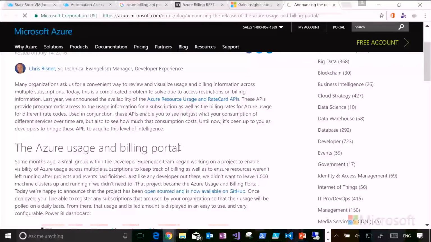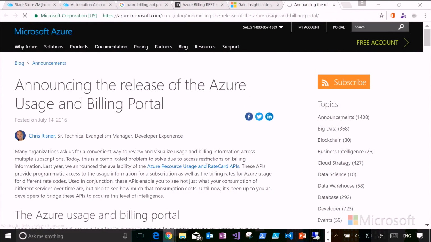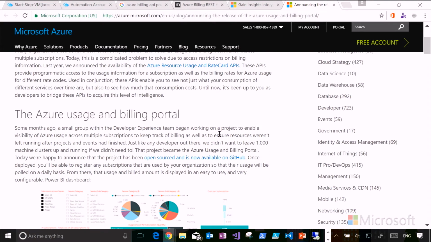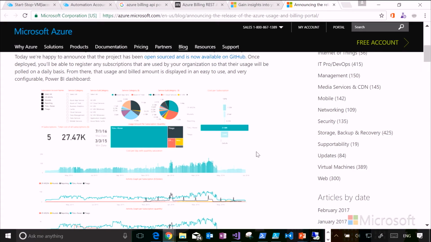So there you go. This is an API that has been released, and when APIs are released, open source creates something beautiful, and this is just a great example of that, where a Power BI solution pack has been created, which uses the API along with the extract functionality to pull out the consumption and the spend, and show it on a Power BI dashboard with very fine